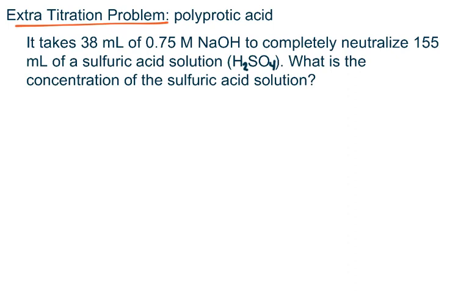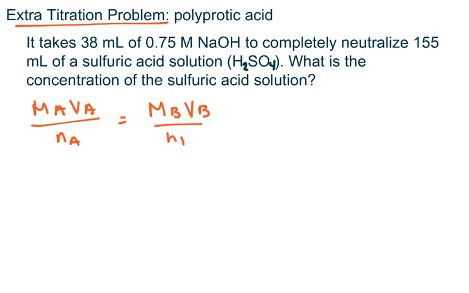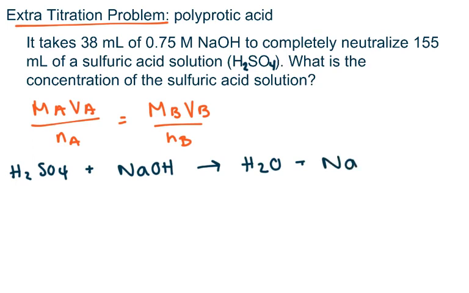From the last slide, I told you that the formula was very similar. So we have our concentration and our volume, and then we're going to have our number of moles, equals the concentration of our base times the volume of base divided by the moles of base. So let's write out the reaction here. We have H2SO4 reacting with sodium hydroxide. And again, we're always going to get water and a salt. This time we have sodium